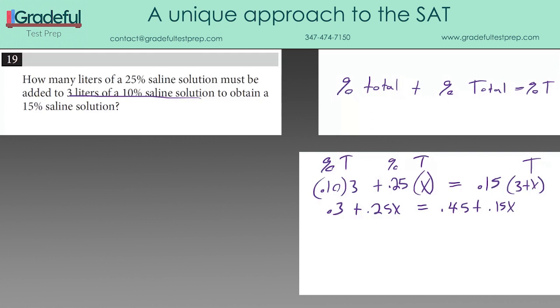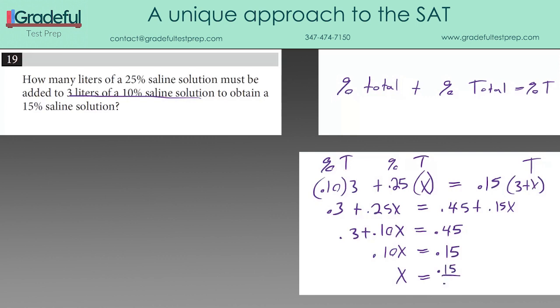We can take away 0.15x from both sides, and that would give us 0.10x right here. So we have 0.3 plus 0.10x equals 0.45. We can take away 0.3 from both sides, and that'll give us the 0.10x on the left, and 0.45 minus 0.30 is 0.15. Divide both sides by 0.10, and 0.15 divided by 0.10, let's just write it like this because